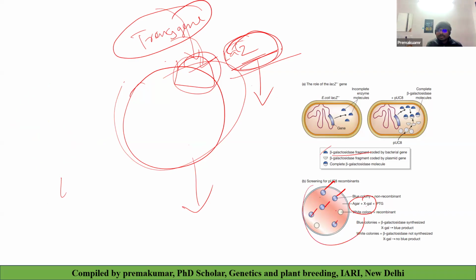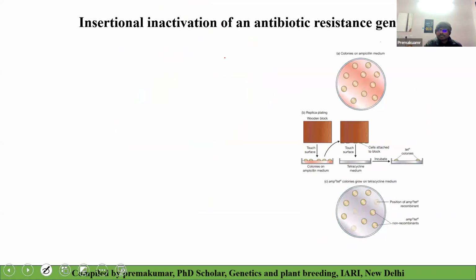Then here, what are you going to expect? Either white colonies are recombinant or blue colonies are recombinant. White colonies are recombinant, because only when the beta galactosidase is in functional form can it convert the agar media to blue color. But we are disrupting this lacZ